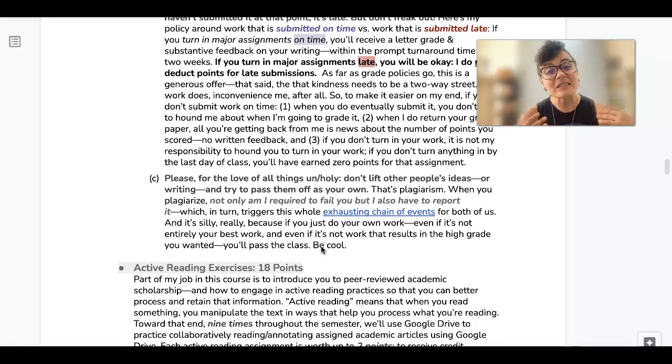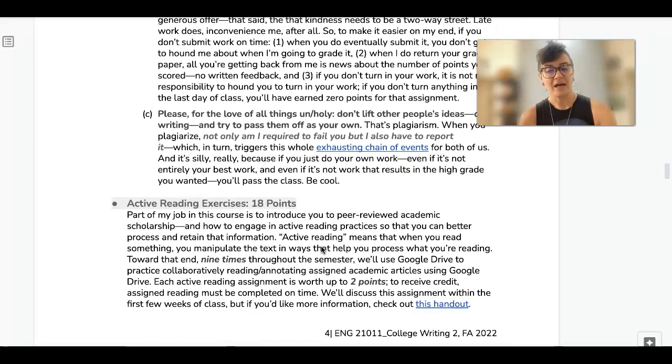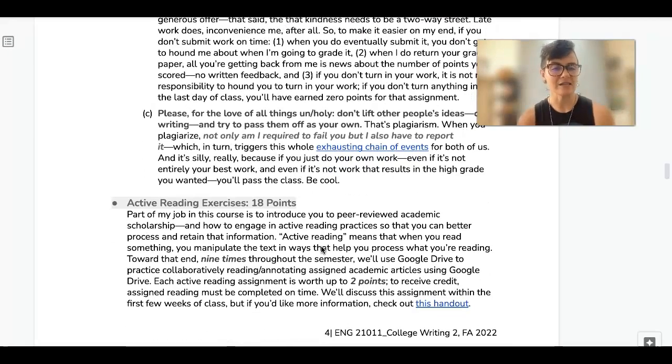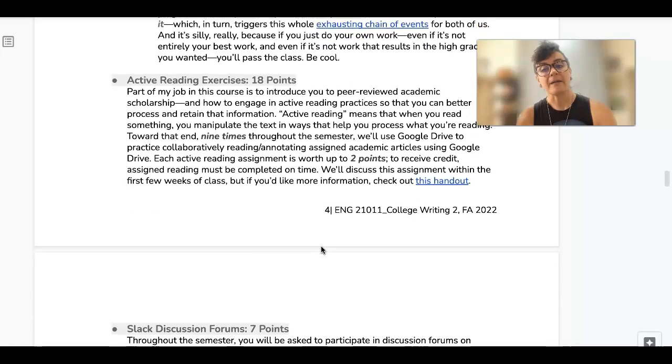Don't plagiarize. There's literally no point, because if you do your own work, you're going to pass this class. Okay? Like, I am not a punitive person. I do not believe that people learn to write when they get policed, right? So just keep in mind that I am not going to fail you because I'm like, "Oh, you're a horrible writer." I'm going to help you become a better writer. So please, please do not plagiarize. And it's like all these shenanigans. Again, don't do it.